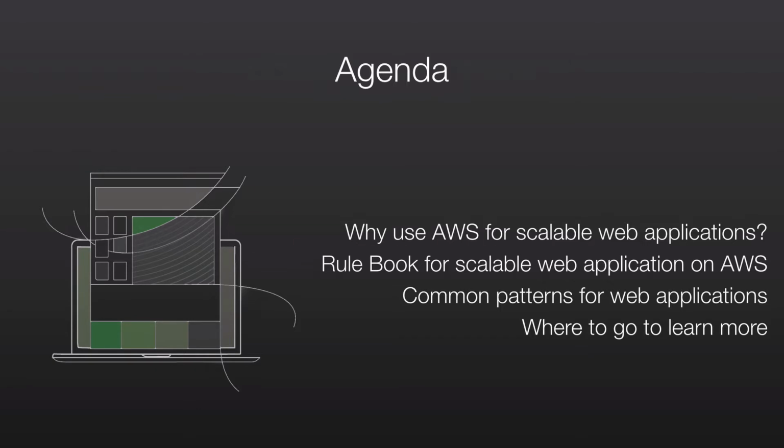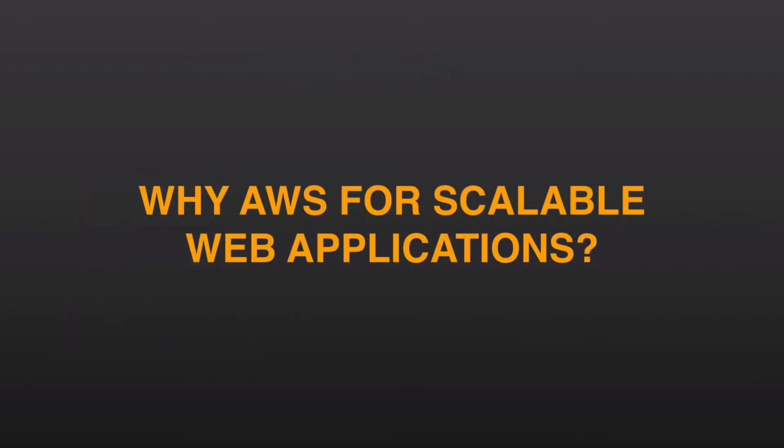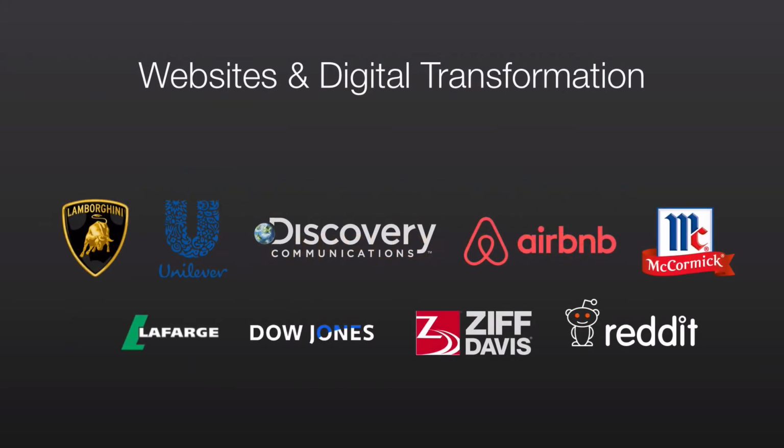So let's get started with why you might choose AWS to deploy your web applications. And the first thing to say, of course, is that you're not alone in making the decision to deploy applications of this type into the AWS cloud. We have some really very well-known and very large customers that are running their web applications on the AWS cloud. For example, Lamborghini, they've been able to support a 250% increase in their website traffic following a new product launch after they migrated their website onto the AWS platform.